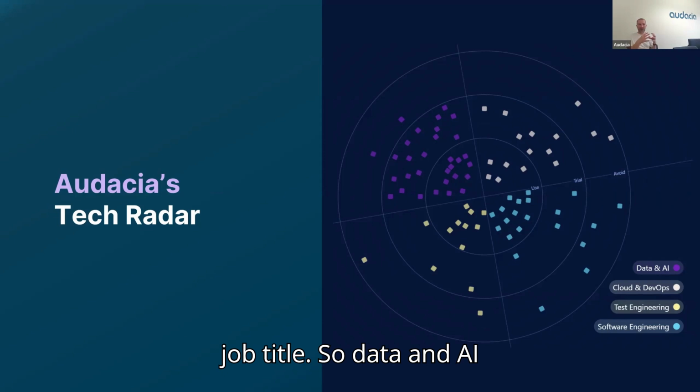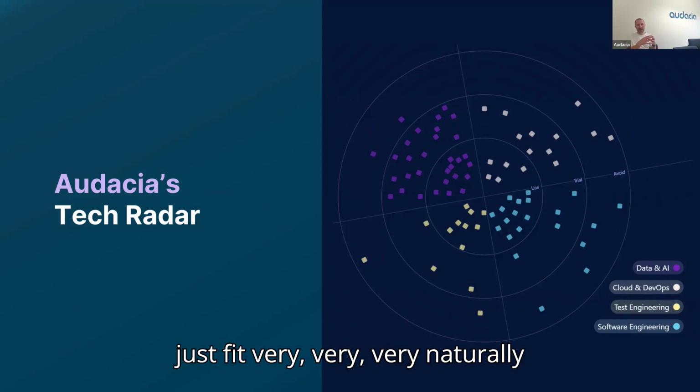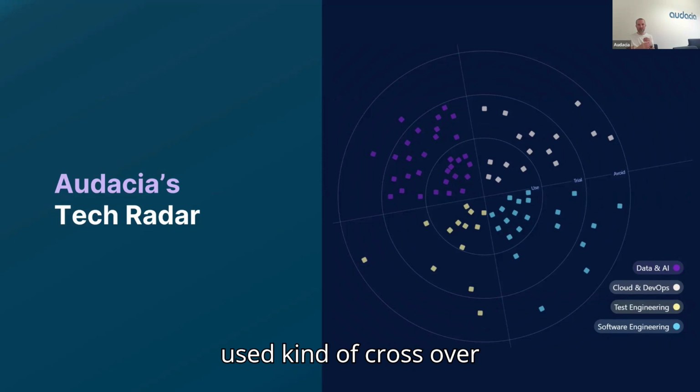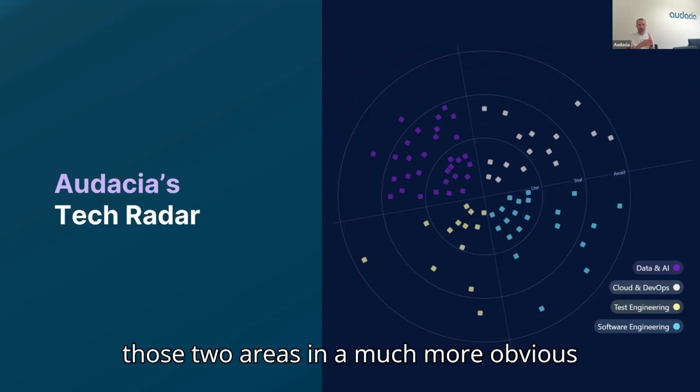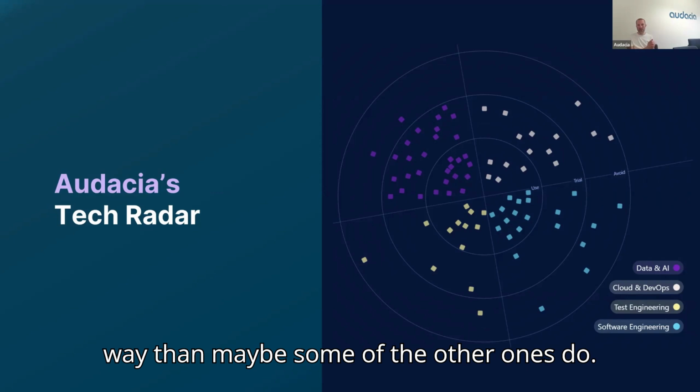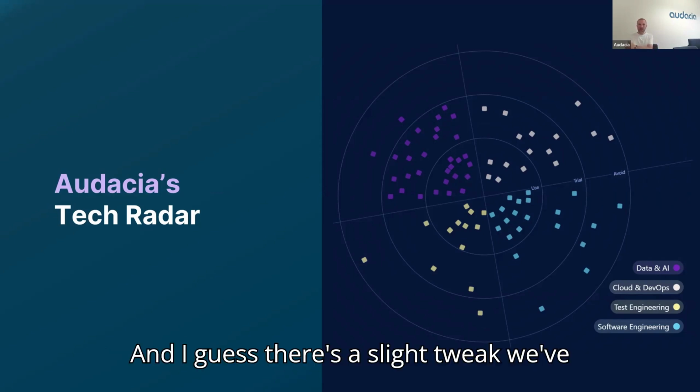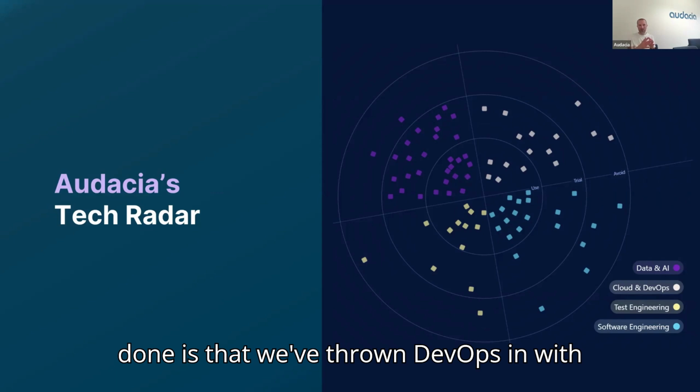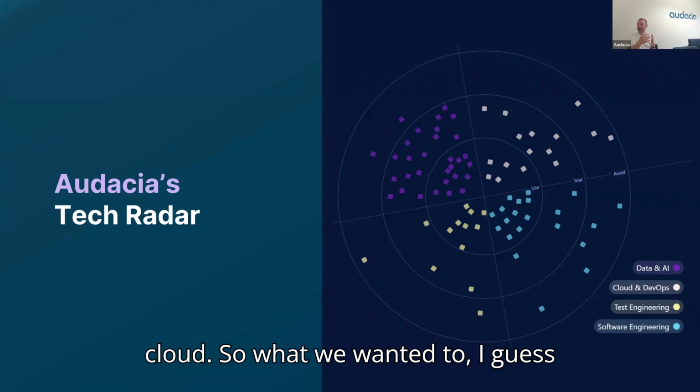So data and AI just fit very naturally together, and some of the tools that are used cross over those two areas in a much more obvious way than maybe some of the other ones do. And I guess the other slight tweak we've done is that we've thrown DevOps in with cloud. So what we wanted to